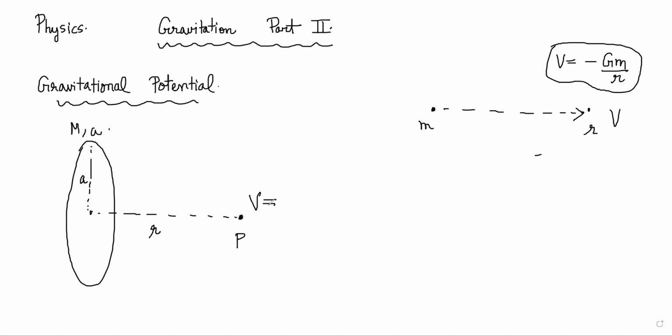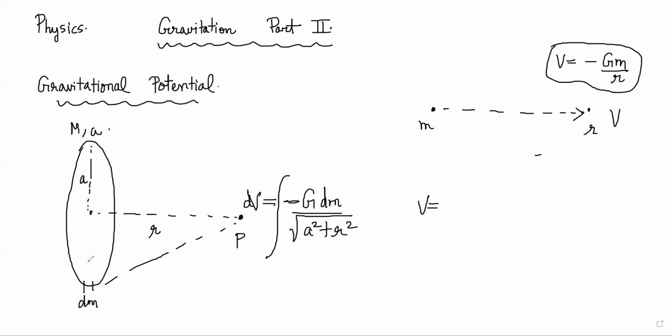What is V? Minus G dm by the distance of some particle. And in this case, it would be root over a squared plus r squared. That would be the potential due to a small mass dm at this point. Right. So for the whole ring, you'll have to integrate this to cover